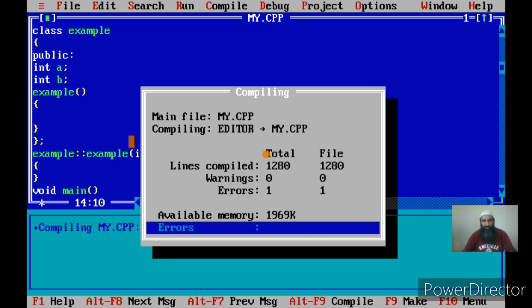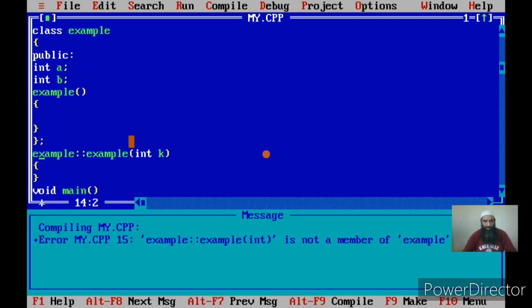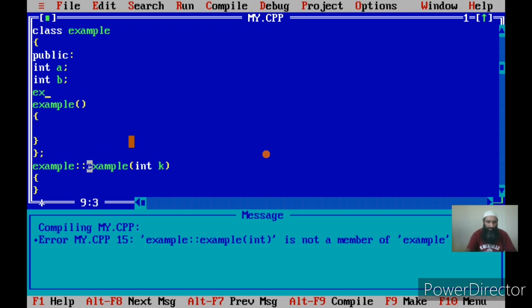Now let me compile. There is an error: it is not a member of the class. Why? Because you have to declare the prototype of this function within the class. This is a rule. Whenever we define a member function outside the class, we have to declare the prototype of that member function within the class, and we have to declare the prototype within the public section, because the constructor should belong to the public section of a class.